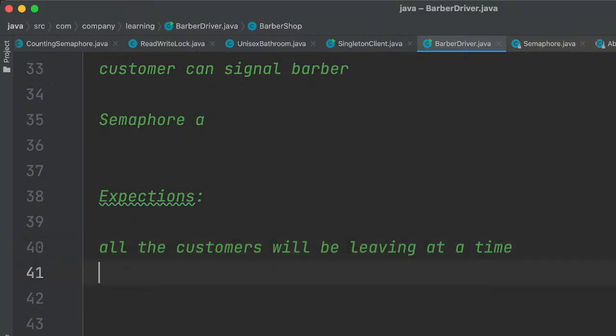With this configuration, if all the seats are filled and one customer completes a haircut and goes out, then the other threads will not be, I mean, actually they should be. If another request comes in from a different customer, then the request should be fulfilled, but that will not happen with this code.